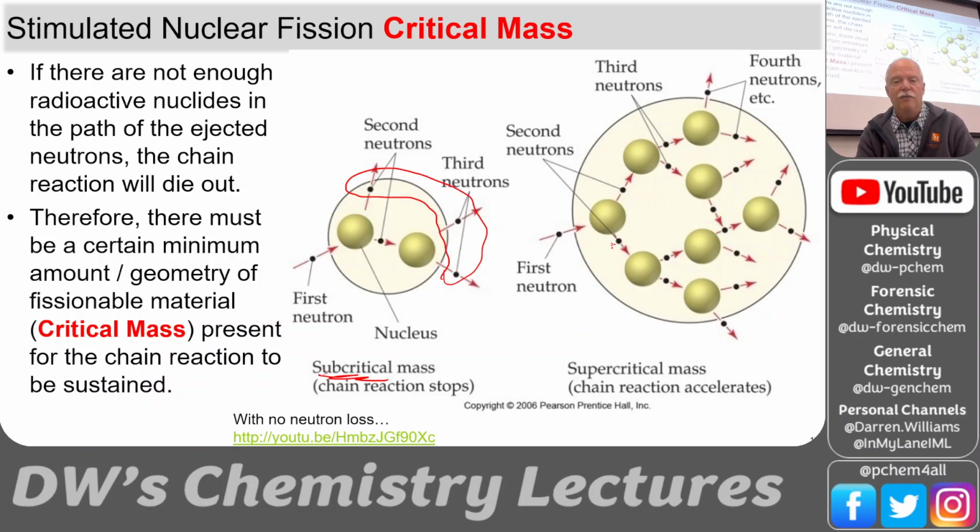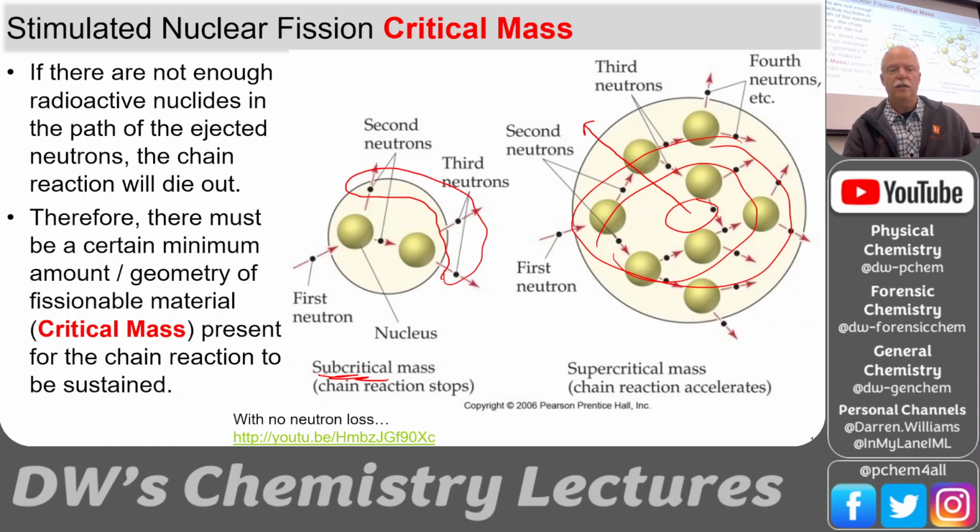But if you get enough layers, you can think of all these masses as concentric rings, right? If you get enough rings, then the chance of that neutron coming all the way through all of those targets and making it out is low. So that would be a supercritical mass. And we can do that with a